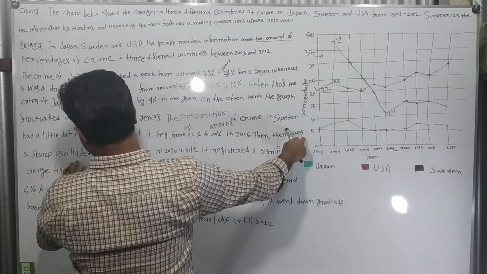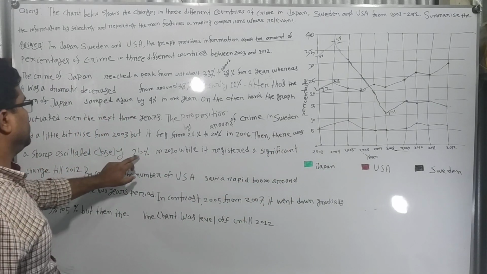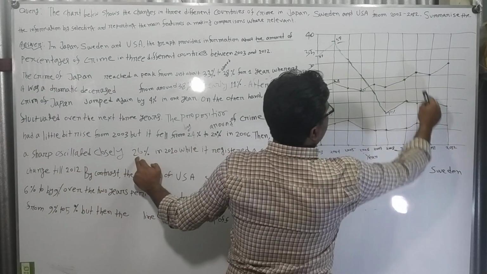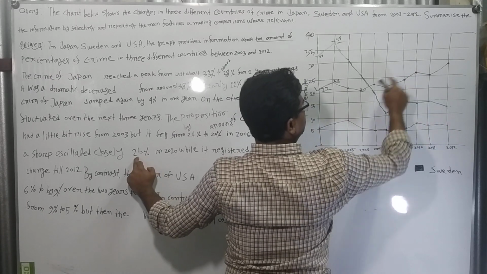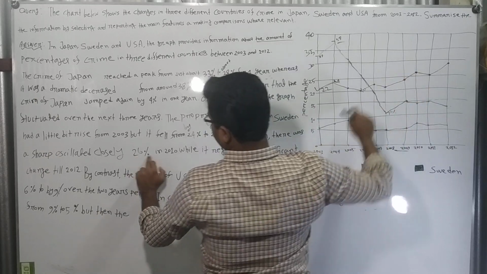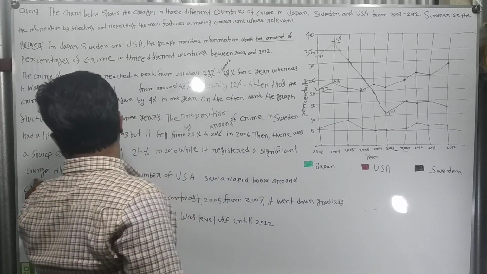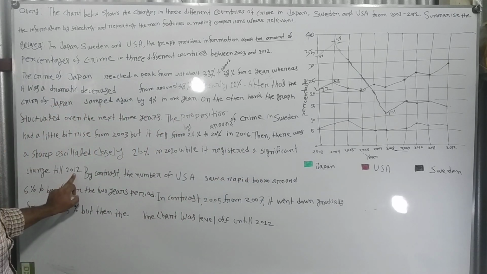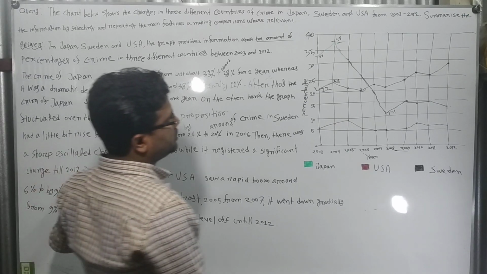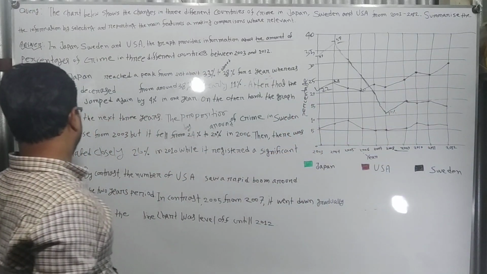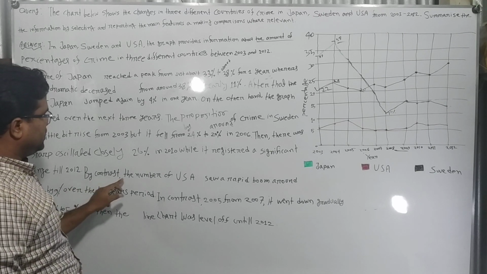a sharp oscillate, মানে fluctuate closely 26%, 26% 2010 পর্যন্ত এটা fluctuate করছে, এই পর্যন্ত fluctuate করছে সুইডেন, এখান থেকে শুরু হয়ে এই পর্যন্ত fluctuate করছে, এই fluctuate in 2012, while যখন it resisted, এটা নিবন্ধন হয় a significant till 2012, এটা কি এটা নিবন্ধিত হয়েছিল চোখে পড়ার মতো ছিল সিগনিফিকেন্ট সেন্স, মানে তাৎপর্যপূর্ণ পরিবর্তন 2012 সাল পর্যন্ত এটা পরিবর্তন, এখানে নিচে নামছে আবার উপরে উঠছে, এটা চোখে পড়ার মতো ছিল।